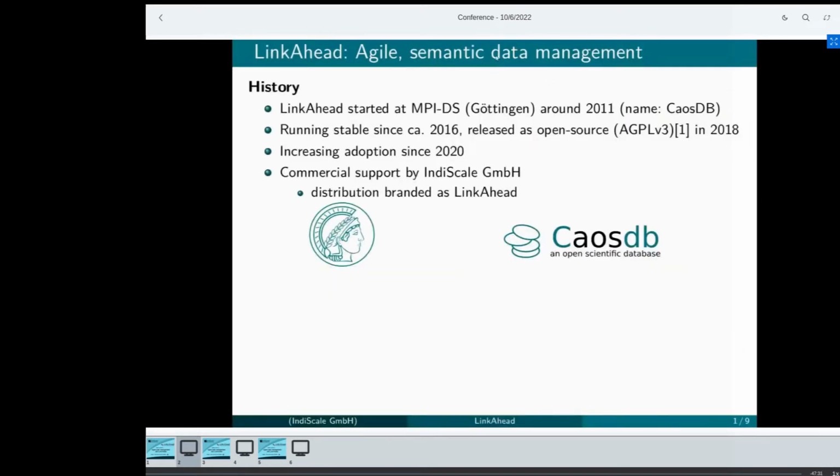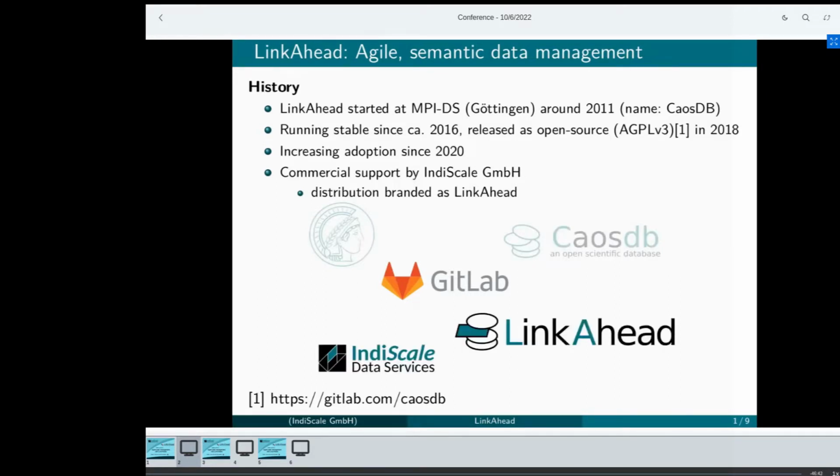I will go a bit into the history of us as a company and the software that we're using. So LinkAhead started at the Max Planck Institute for Dynamics and Self-Organization in Göttingen, Germany around 2011. And the project was started under the name CaosDB, which exists as a version of the software to this day. It's been running stable since around 2016 and has been released as open source via an AGPL license in 2018. In 2019, IndiScale as a company was founded, and we've been seeing increasing adoption since 2020 when other institutes